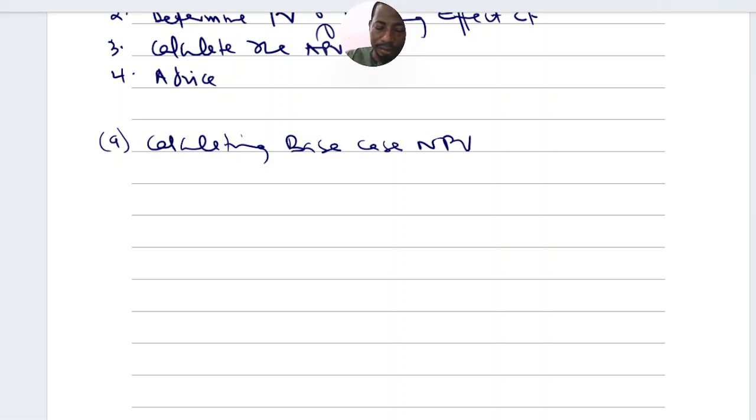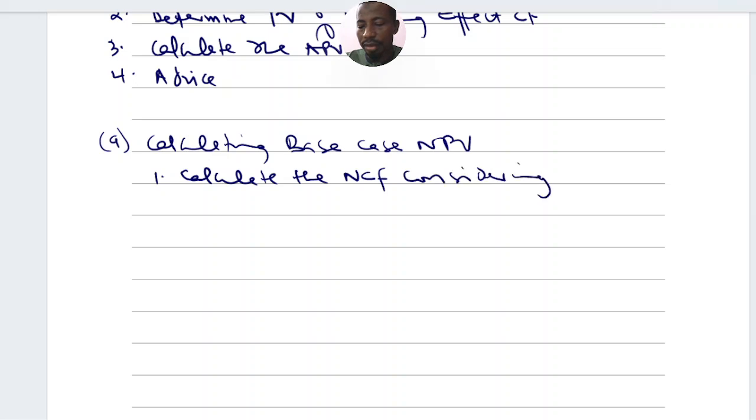Step 1 is to calculate the net cash flow, taking into consideration all relevant cash flows, including